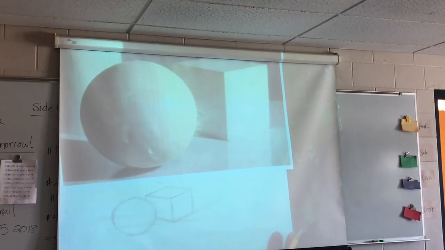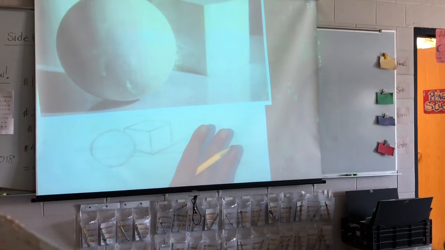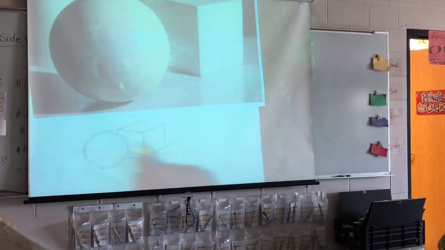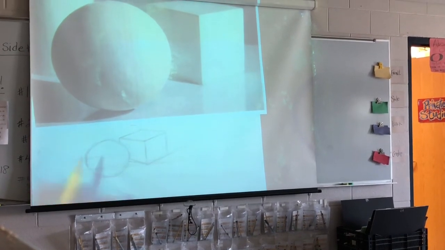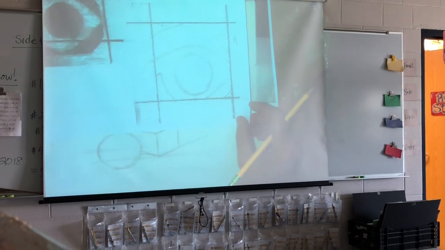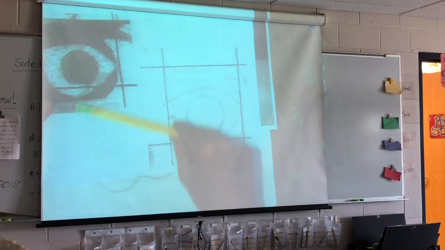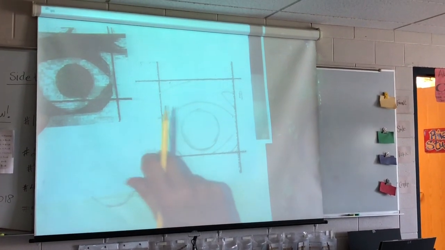Now, I just showed you that because that's really complicated. Okay? That's the reason we do grid at the beginning. Because when we do our grid and you start to put all the details in, we're still doing the same thing, it's just a lot easier. So what I would like for you to do is get your paper out with